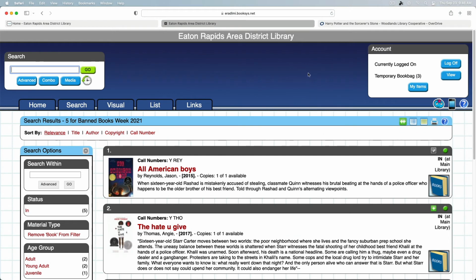The other thing I wanted to point out in this video before it gets too long is that you've got the option of creating what are called temporary book bags. These are just items that you would like to read at some point in the future. And you can see I've got 3 items listed in my temporary book bag currently. If I go to view,